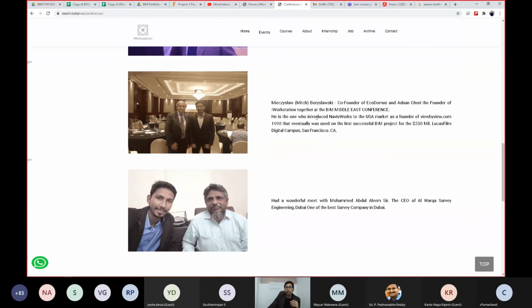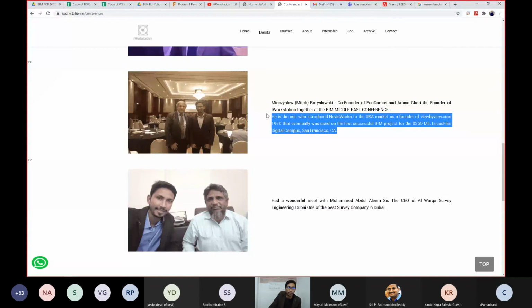When Steve Jobs was presenting the Mac, Mitch was working in the background explaining the 3D model on the Mac. So in the 1990s itself, BIM had been introduced, at least as a concept, even before that.